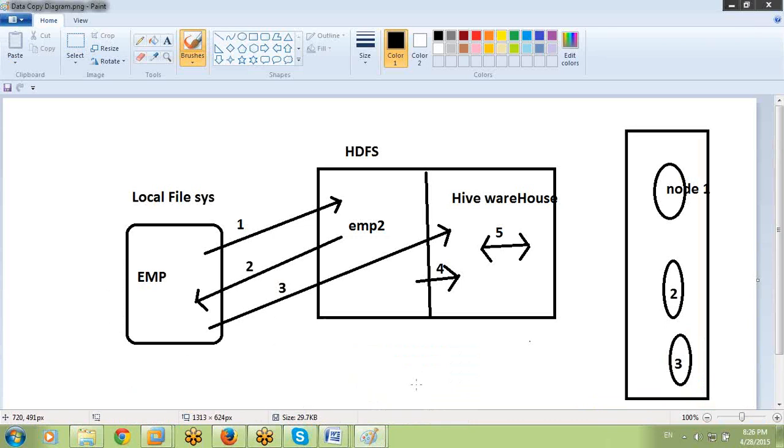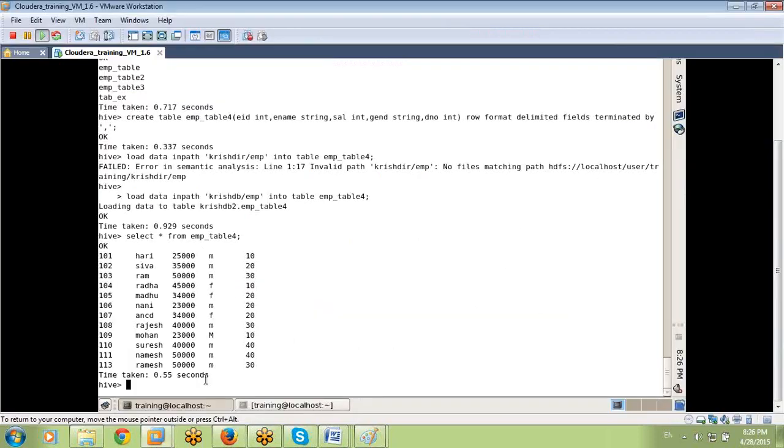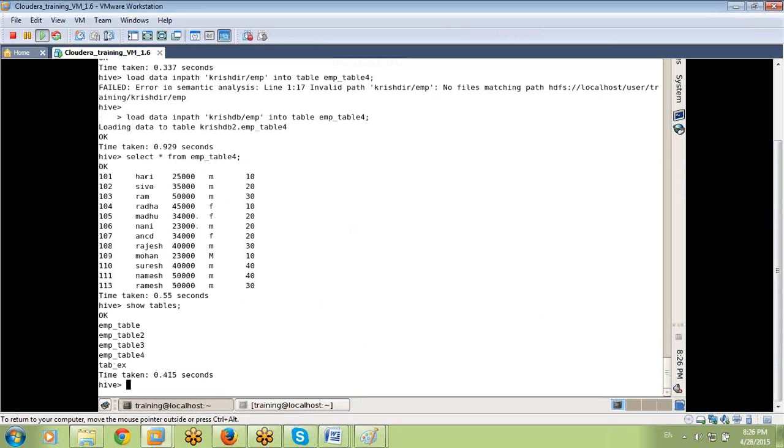I already told you: all the tables in Hive are available in HDFS only. I want to see the tables in the front end. How can I see? Show tables. It lists out all the tables.